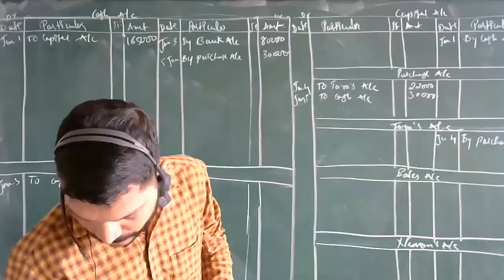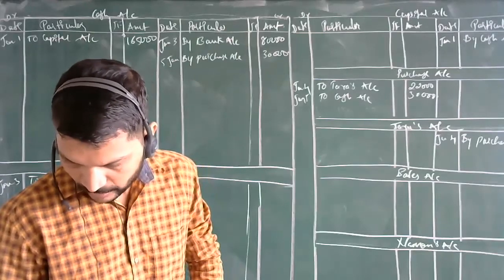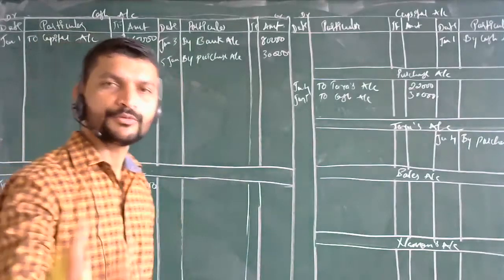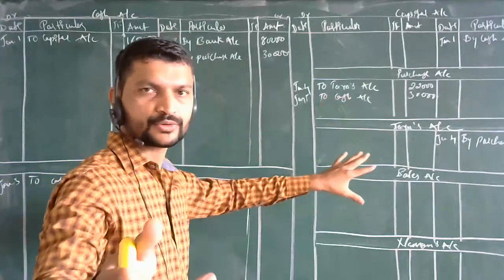Further, we have another entry on Tara's account, I think. Where is it? Oh yes, we have it. Yes, it is there. Jan 10. See, for further accounts I may not have the place for it. Just make it clear, I will give you all a clear idea. I will show here, and you make the entries over there in your books.